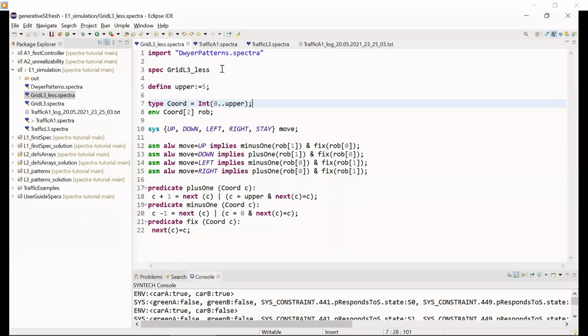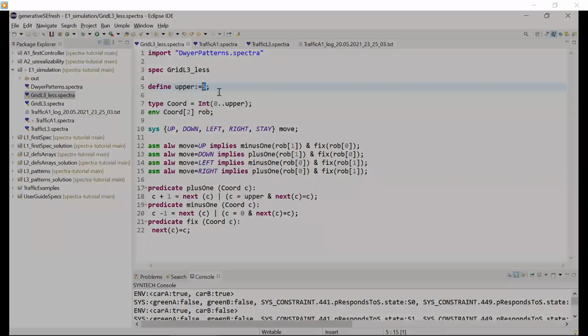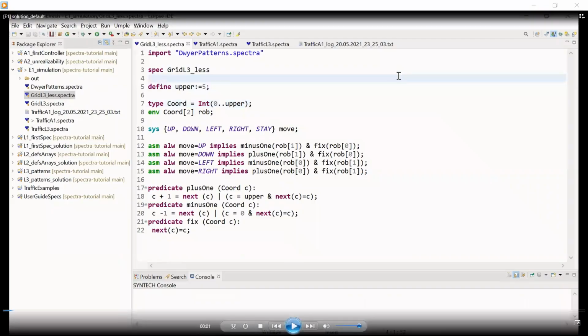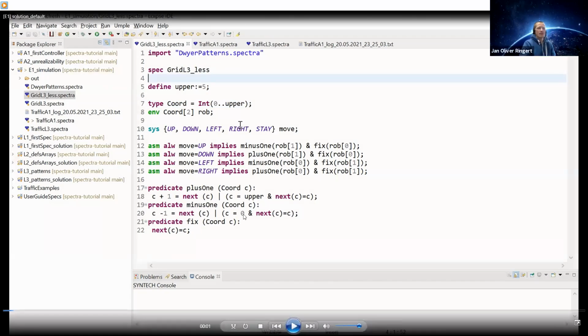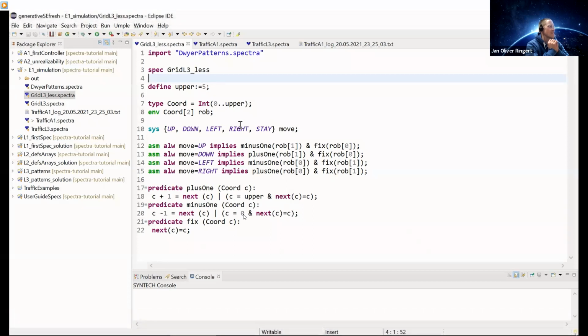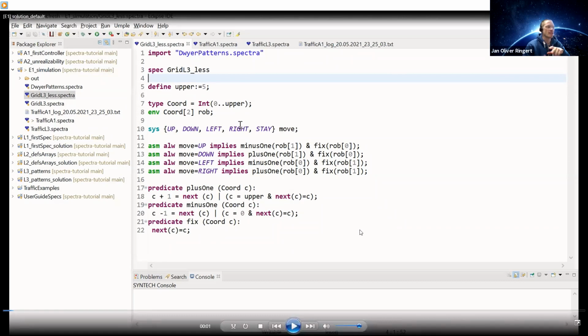It's basically the movement of a robot on a grid. And here the size of the grid, we have restricted it to 5 to make it a little bit easier to browse. So the task was to synthesize. Okay, so now we will give another few minutes for people who want to follow the task before we continue with the solution. There's been a very interesting discussion also in the chat about whether we can synthesize different controllers